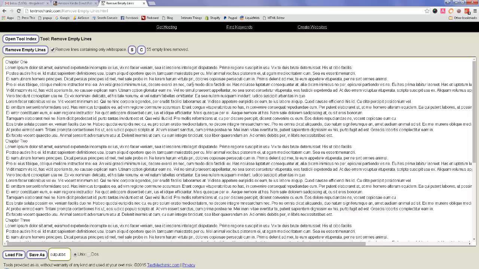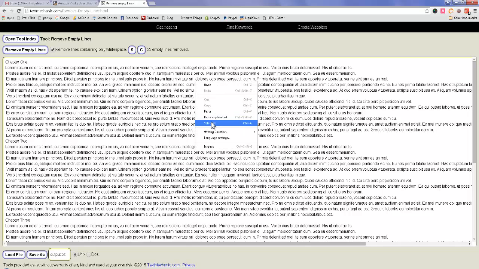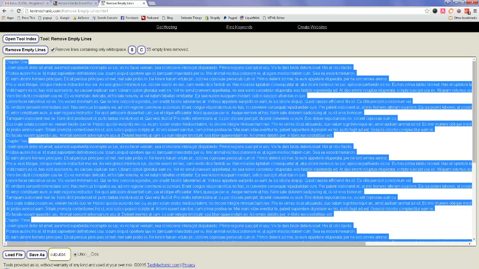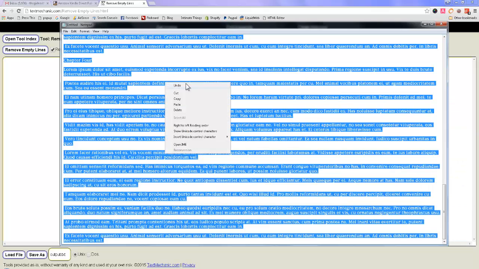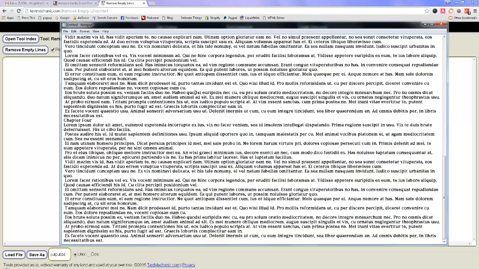Okay, so next we're going to right-click, as you can imagine, select all, and cut that. We're going to go back to Notepad, and paste it over this version that has the blank lines. Okay, so now the next step is to download my Kindle formatting software, which is very basic